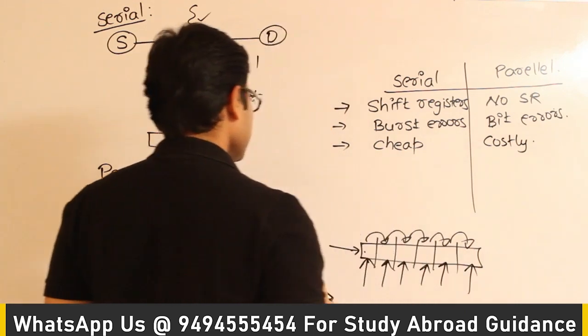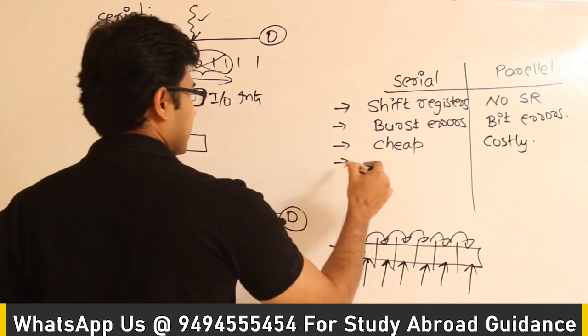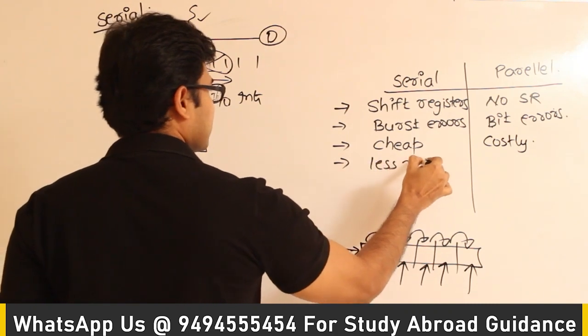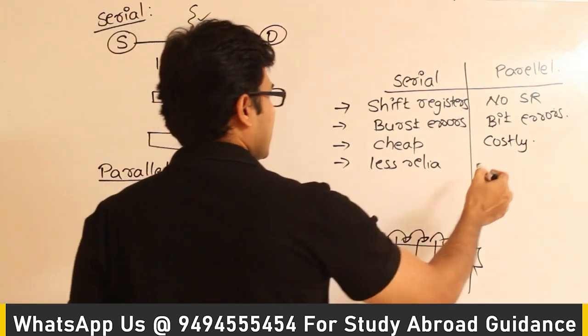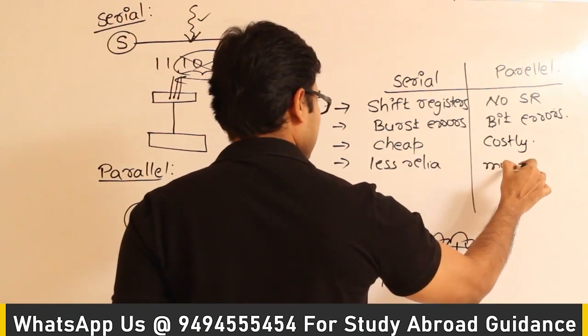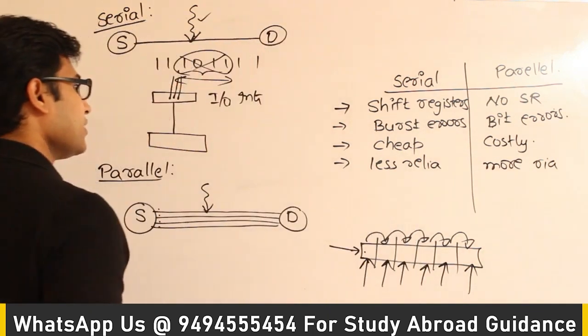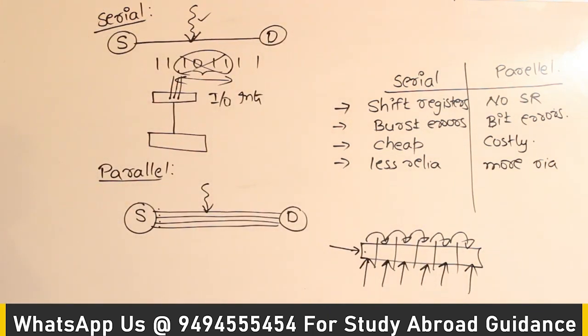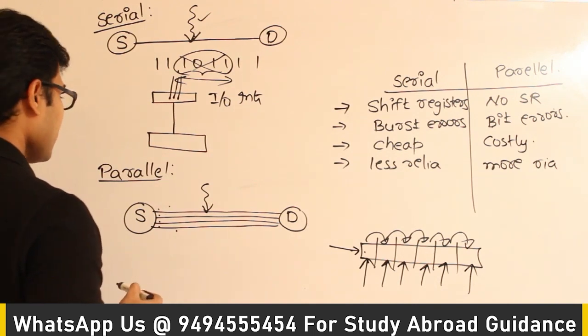So what we do is, since it is cheaper, and coming to reliability, this is less reliable, because if anything happens the entire data will be lost. But here reliability is high, more reliable. If anything happens, only certain bits are going to get affected. Got it? So we are going to use this type of parallel transmission only under protected areas, or only for